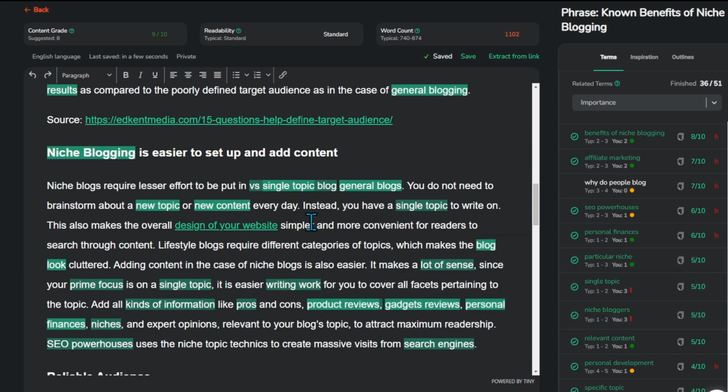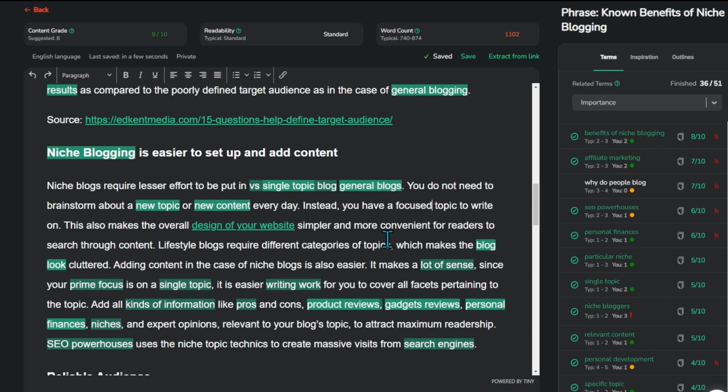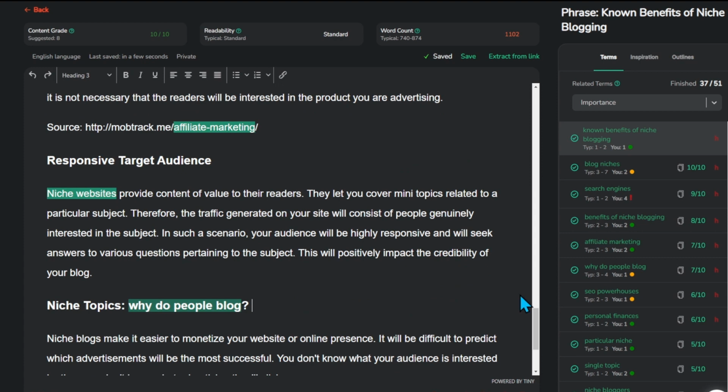Single topic. Let's find out where this single topic is. Okay, so we managed to remove one of the red markers. Now we modified this header and added this niche topic, why do people blog? By doing this, you actually completed the important part of it. It would be nicer to have two times of this keyword, but you can notice here it's already at level 10 by 10